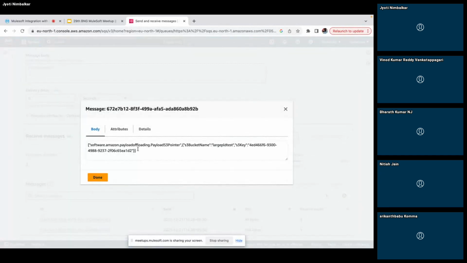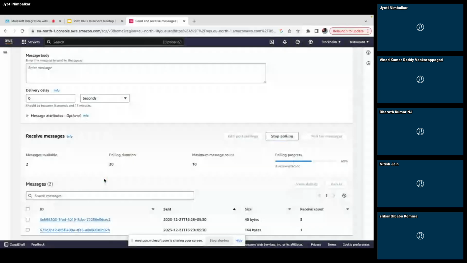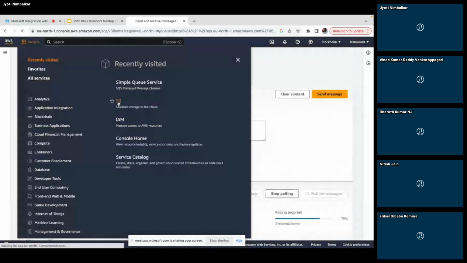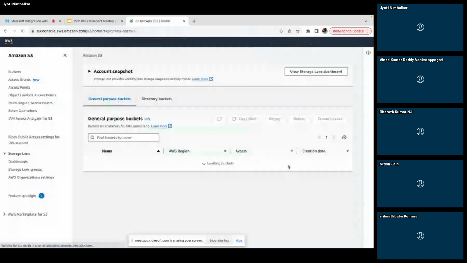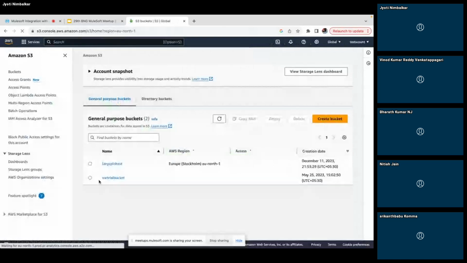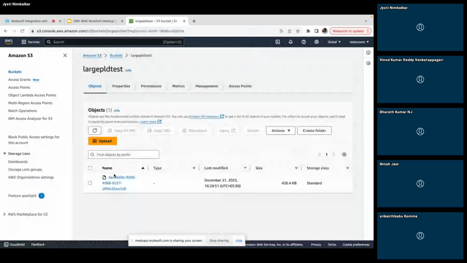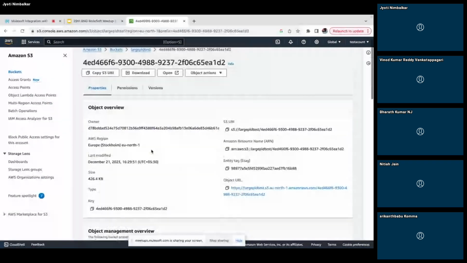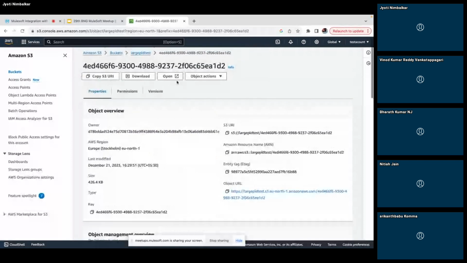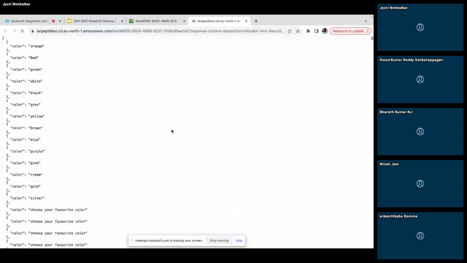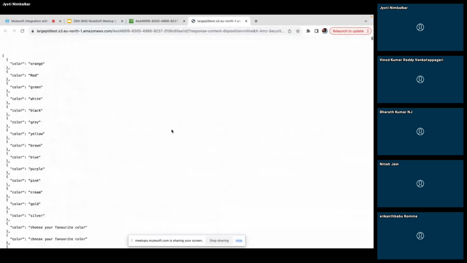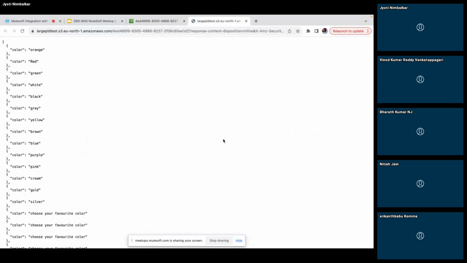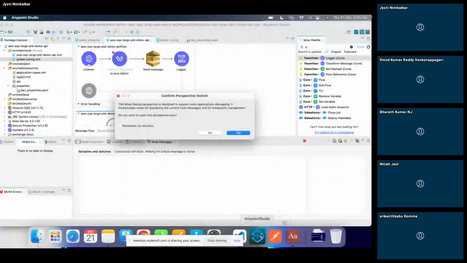And this is the second message, which is a huge payload. See, we can see the reference ID here, and the actual payload we can see in the S3 bucket. If this is our actual payload, we can open it directly. Yeah, this is the payload. Okay, this is about publishing the payload.